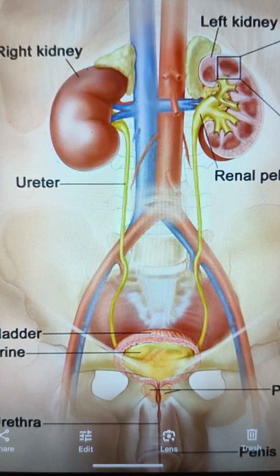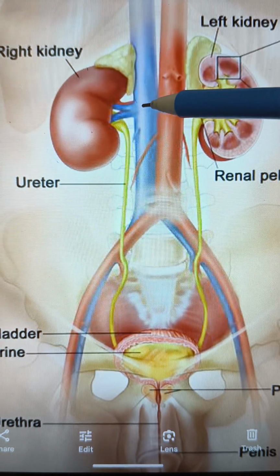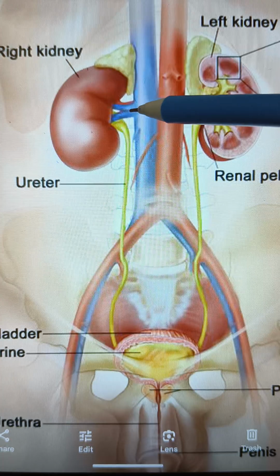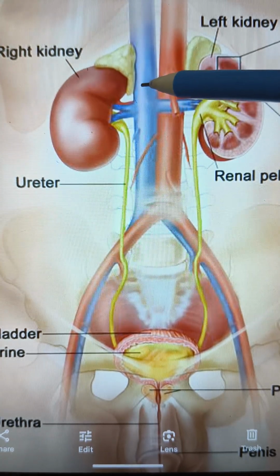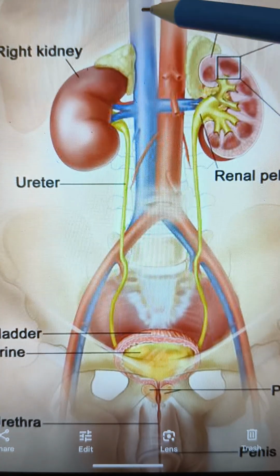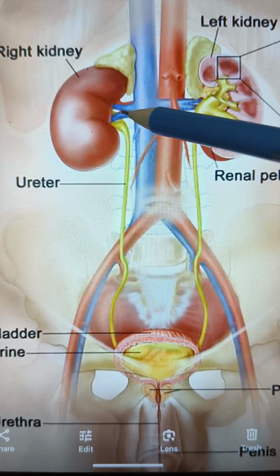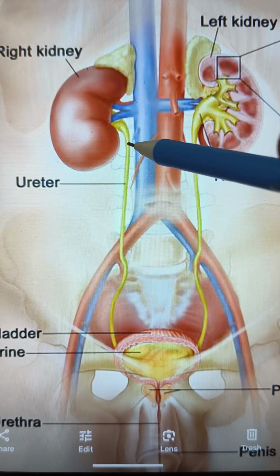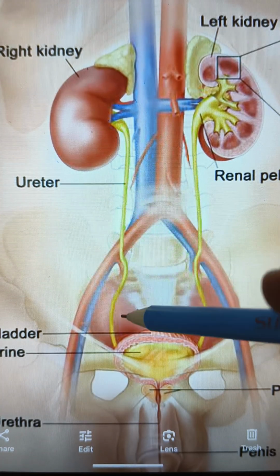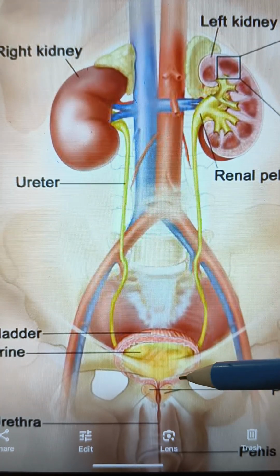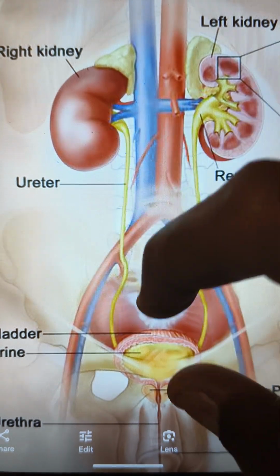I will show you where the renal hilum is. Before that, you may see the inferior vena cava. The renal vein is attached with the inferior vena cava, from where it sends the deoxygenated blood, now purified, to the heart. And the excessive waste material and excessive water go to the urinary bladder as urine.